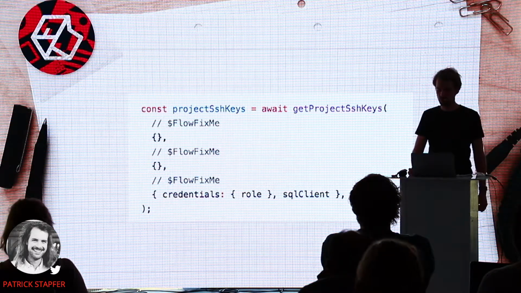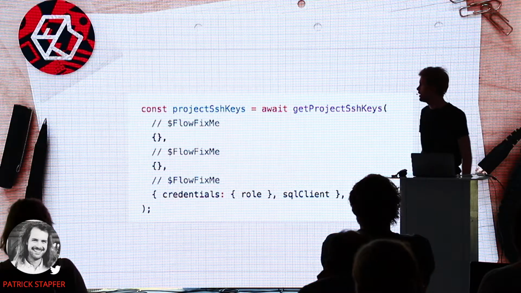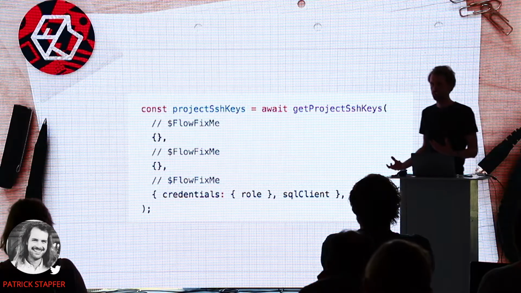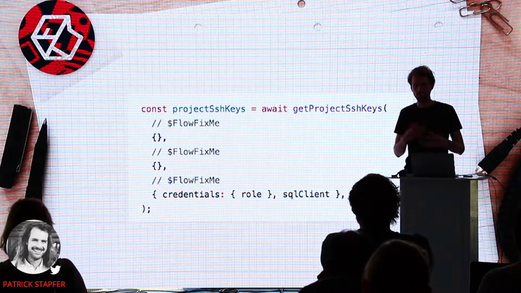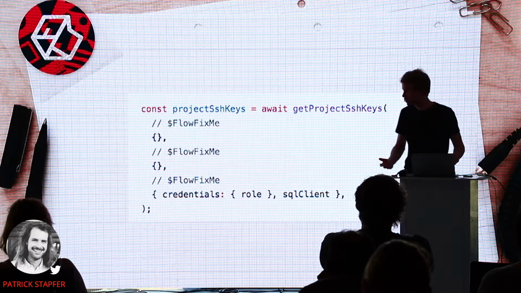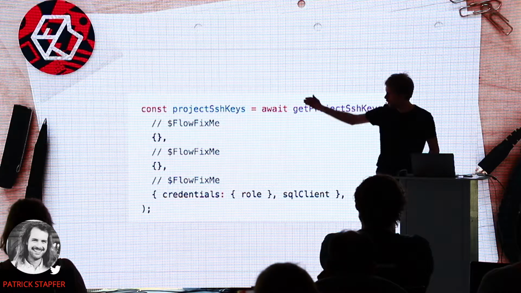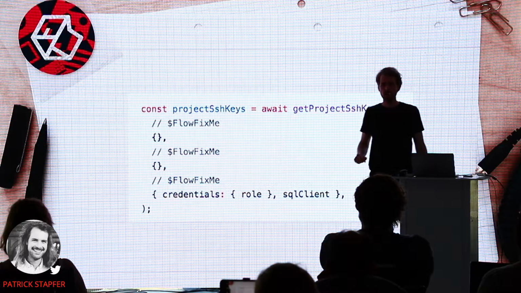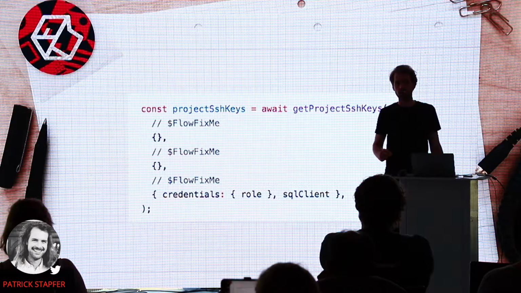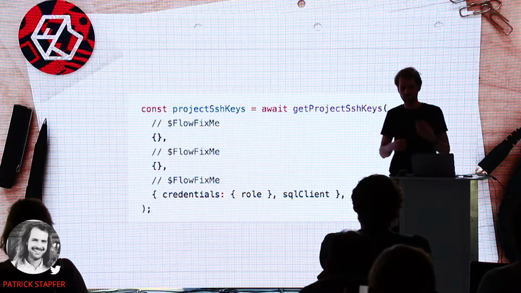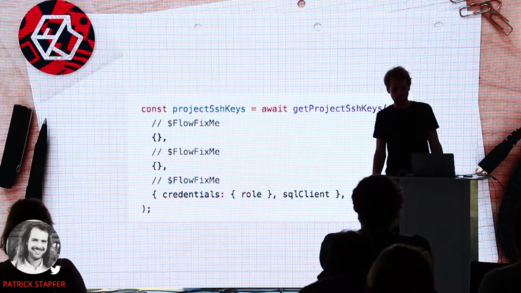The same goes for my get project SSH keys function. So I told you there were a lot of holes in the type system. Most of the time I couldn't really express the whole situation because we were using Ramda, a functional composition library, very similar to Lodash. And whenever we tried to pipe the data through a whole transformation pipeline, the type checker could not follow because there were too many generics involved and the type checker was just confused.